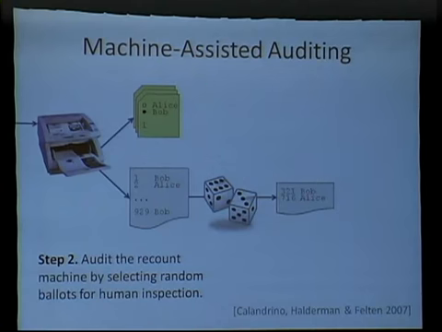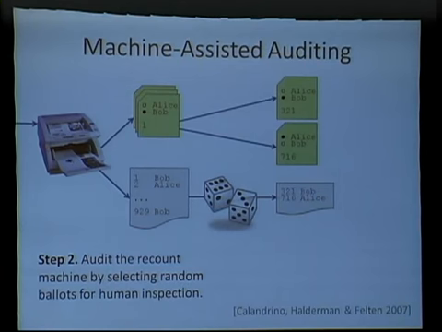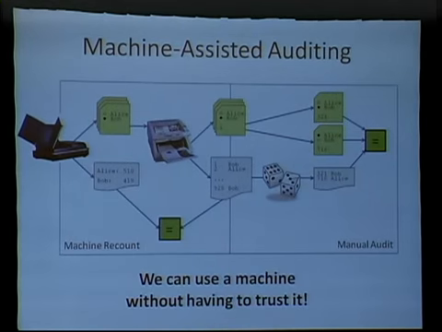So here's how we perform the ballot-based auditing. We pick some ballots at random. We can even do this on a statewide basis rather than a precinct-by-precinct basis. Then someone goes and pulls those ballots out of the stack, and we make sure that they match the corresponding electronic records. So here's the system as a whole. First verifying with the machine that the paper and electronic records match, and then verifying by hand with random sampling that the machine's electronic record matched the paper records that it put serial numbers on.